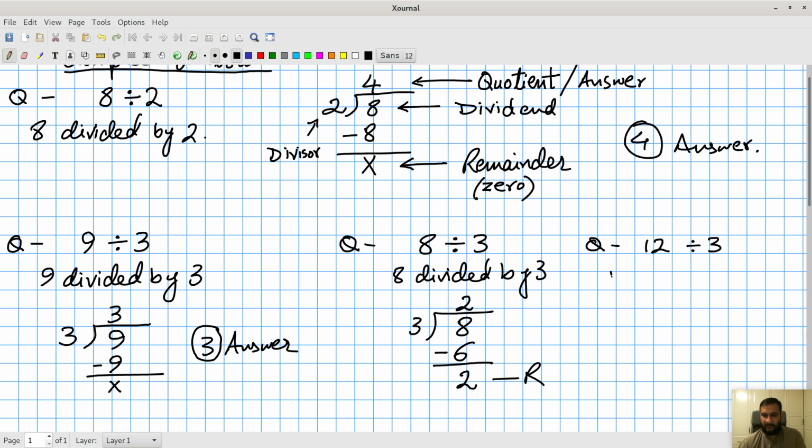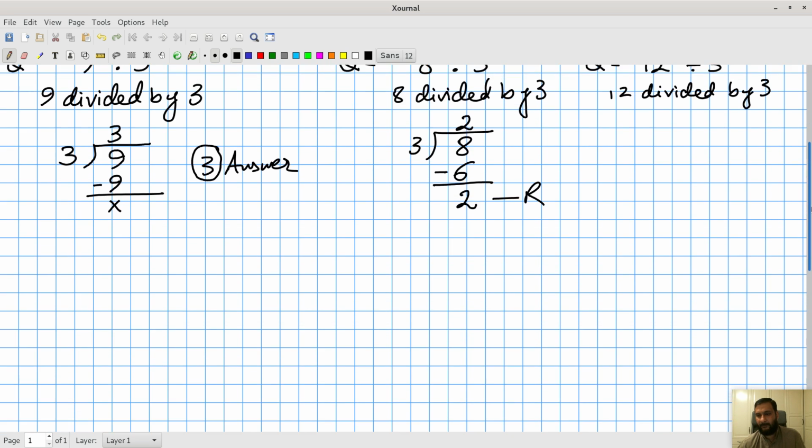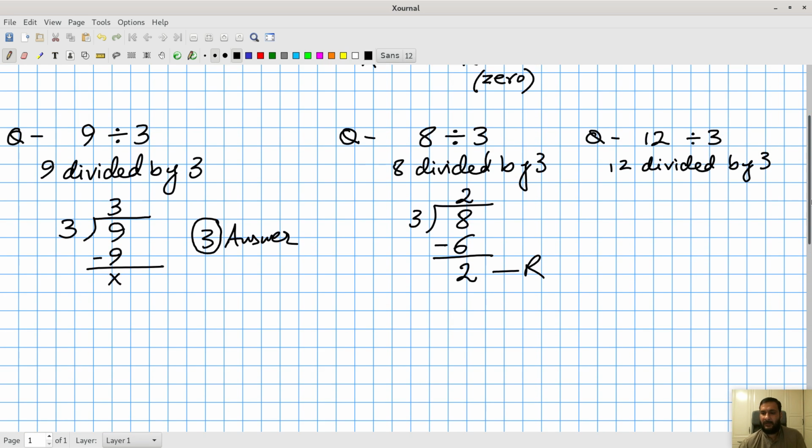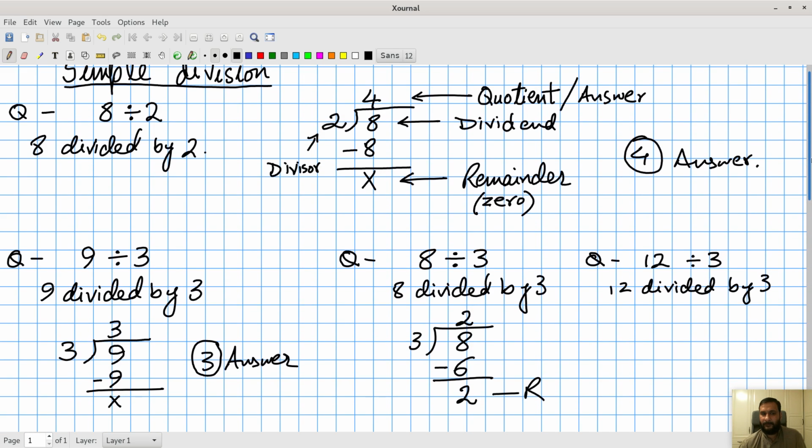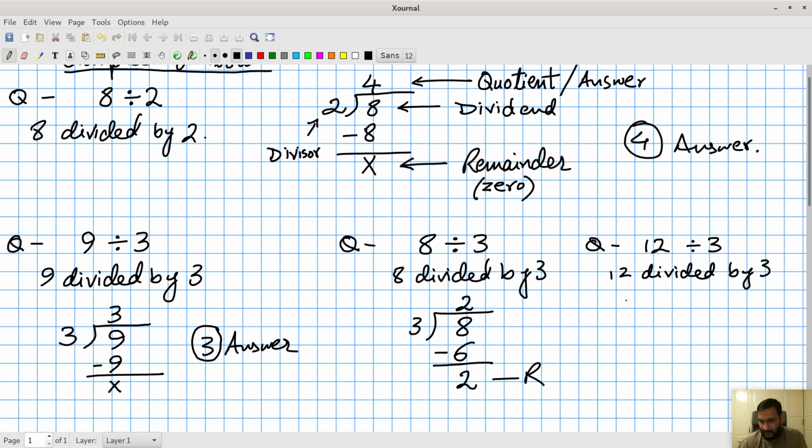Right, so we write 12 divided by 3. Let's solve that. So how do we do that? We write 12 inside and we write 3 outside, and we start with the first digit, which is just 1, and we check if